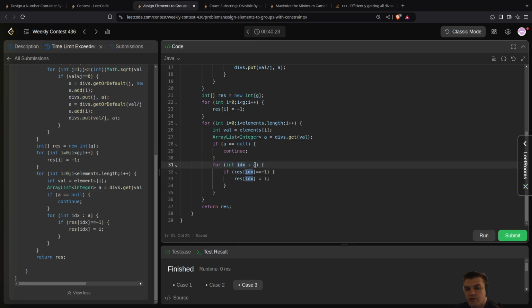So if the index is already filled, so if I'm trying to fill the index